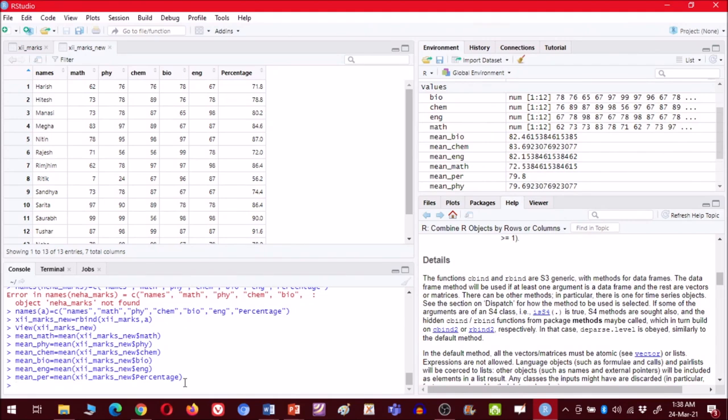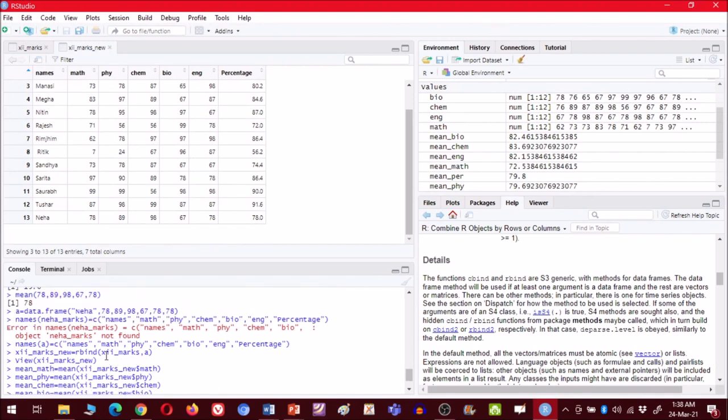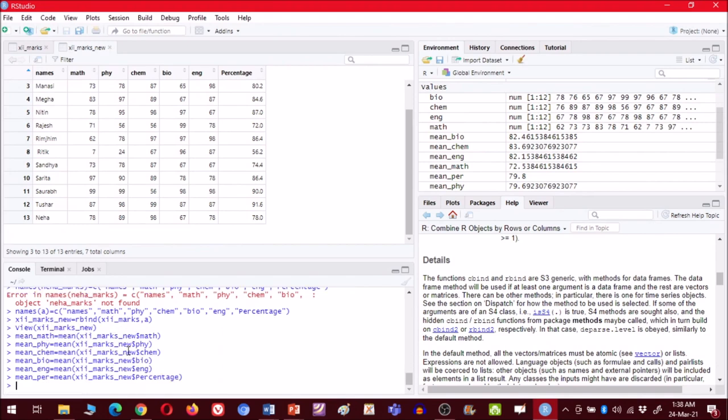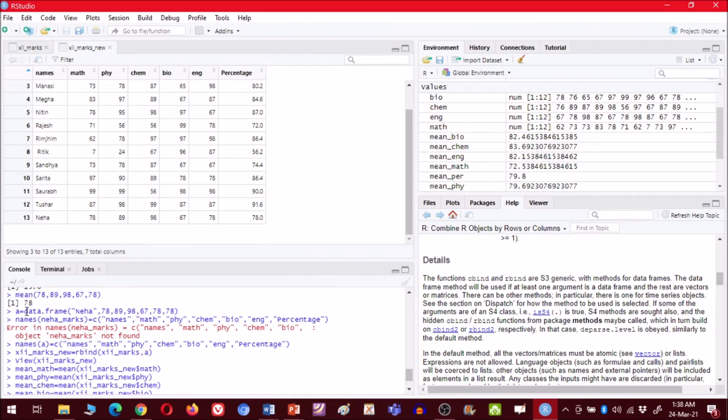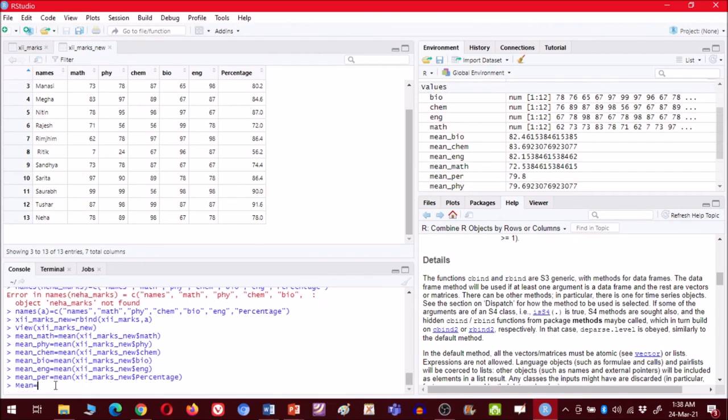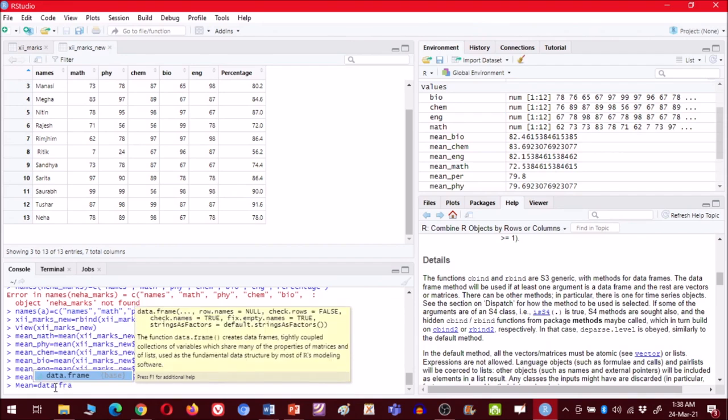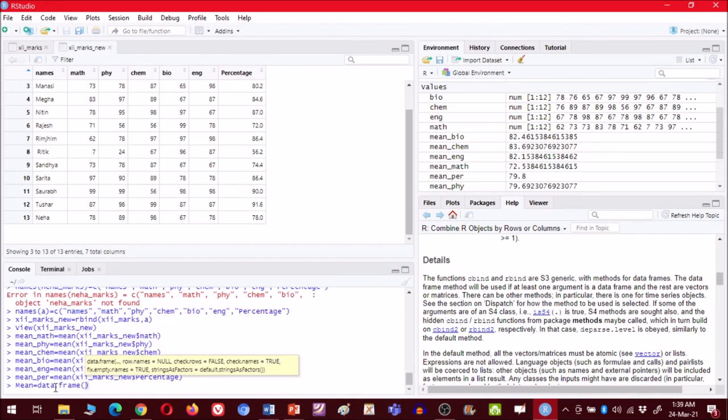Again I want to add all this data in this table. So what I will do is again create a new data frame like this. Let us name it mean. So mean equal to, now the same formula we will use, data.frame, and we will enter these entries. For the name, first the name of the column, so I will write mean in inverted commas, so it will be printed like that.